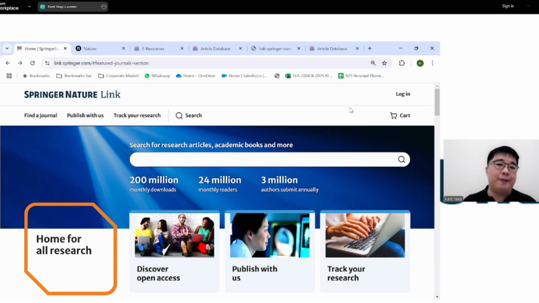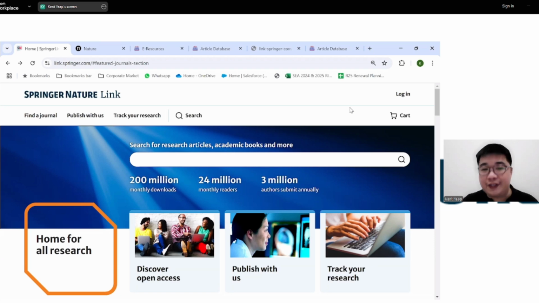Now, a little bit more about the platform itself. So as I said, this is a new look or newly refreshed platform that was just launched officially on the 24th of October. Everyone around the world should be seeing this particular example now and not the old user interface. And that means that the platform is actually the same platform. It's just that the UX has been updated or upgraded.